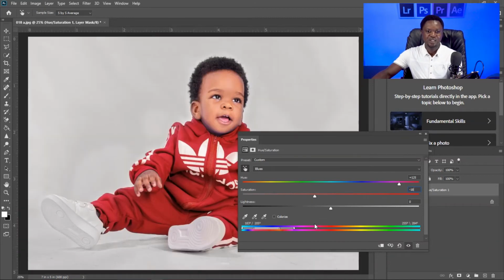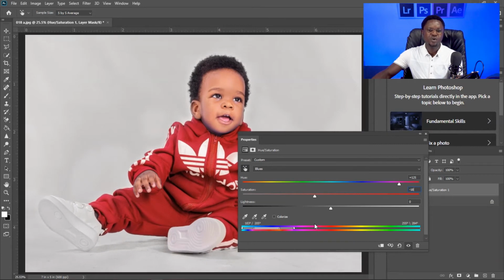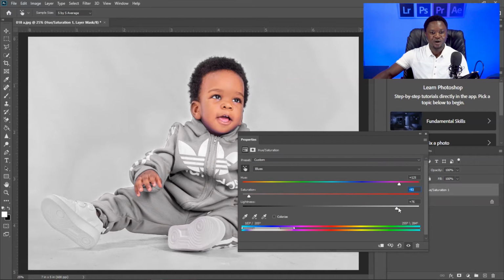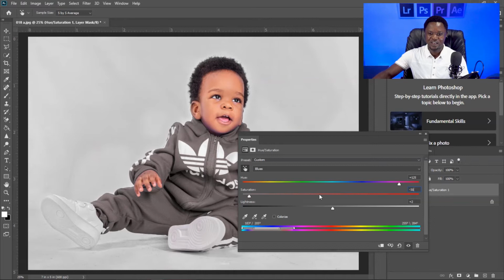So if I say let's leave it at red, then what if you want something like white or close to white? It's still possible. What you have to do here is bring your saturation all the way down. Then you take your lightness all the way up. Isn't it amazing? Okay, let's go back to our red, and let's take this place back to